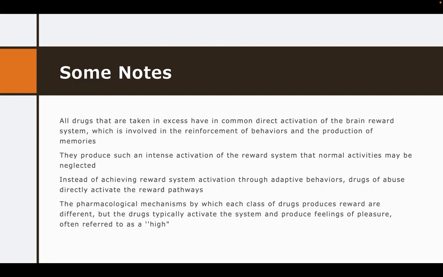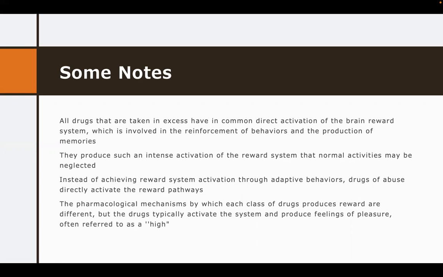In your chemical dependency class, you'll learn about how substance use reinforces the behavior, by virtue of how it neurologically affects the brain, as well as some classical conditioning and operant conditioning in terms of reinforcements and rewards. These substances produce an intense activation of the reward system, to the point where normal